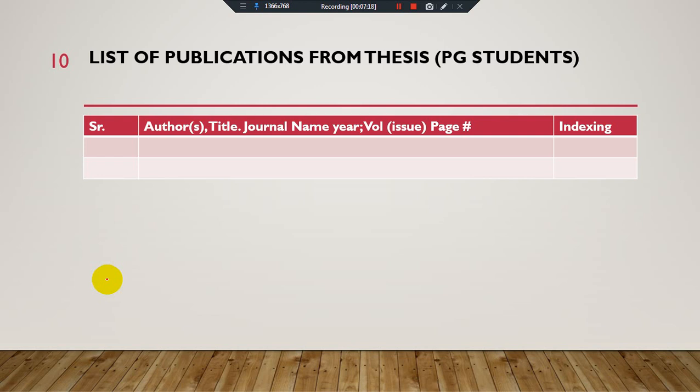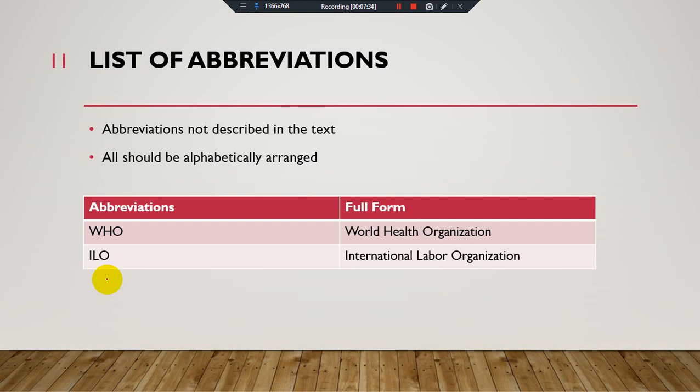But for the PhD you have to publish a research paper in an HEC recognized journal or in ISI indexing, which HEC also accepted. And then you have to provide the list of abbreviations, how many abbreviations you have used in your thesis.